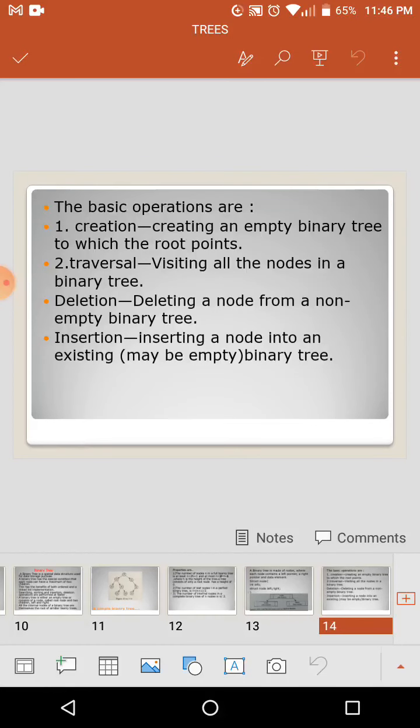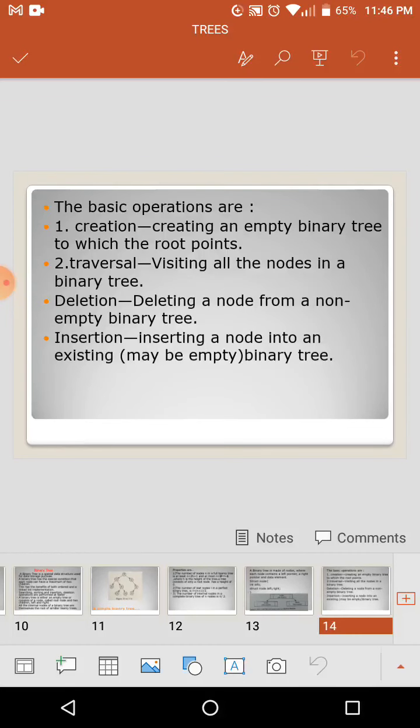Here the basic ADTs are creating a tree and traversing, that is, visiting all the nodes and data elements in the binary tree. If you want to delete an element, you delete a node from the nonlinear data structure. And for insertion, you can insert a new child into the existing tree, checking whether the tree is empty or whether it has children.